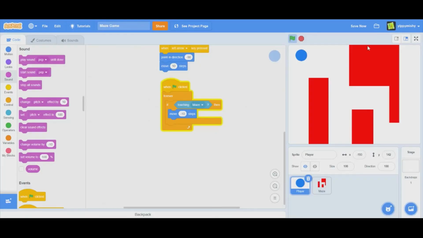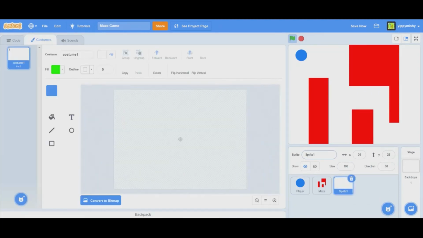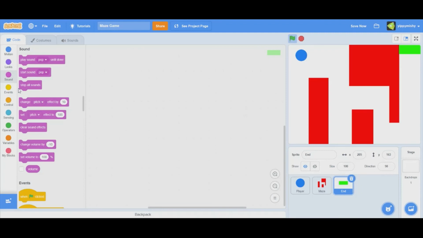Alright, so this is the final step of the project. What we need to do is create a sprite, call it end, and make it a simple green rectangle. This will find when we finish the maze. So drag it to the end of your maze, which in my case is over here, and make this script.